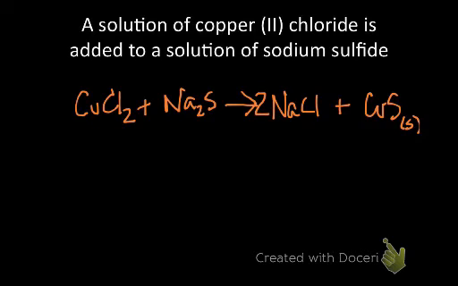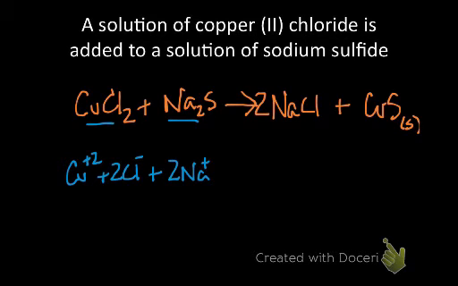Next step now is to go through and see what forms ions in solution. Since we started with 2 solutions over here, we know those are both going to dissociate. So we have Cu2+ plus 2Cl-. Our sodium sulfide breaks down into 2Na+ plus S2-. The way we're doing this is this compound splits back up into its ions. Copper goes back to its plus 2 charge. Chlorine, there's 2 of those, so that's where we get our 2Cl-. Sodium, this subscript 2 goes to the front, so that shows that there are 2 sodium ions,